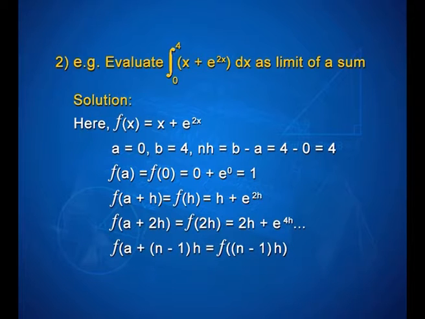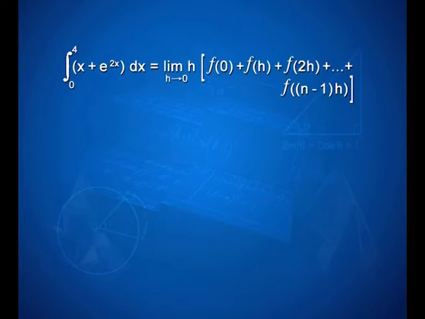f of a plus n minus 1 into h is equal to f of n minus 1 into h, that is equal to n minus 1 into h plus e to the power 2 into n minus 1 into h. This can be simplified further as limit h tends to 0 h into f of 0 plus f of h plus f of 2h and so on plus f of n minus 1 into h,